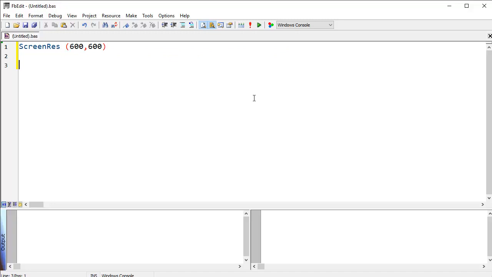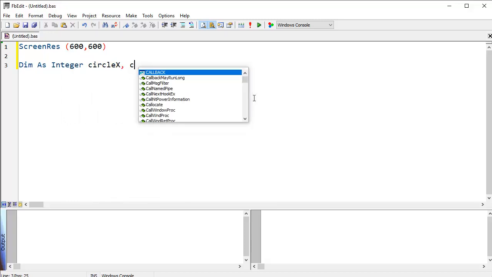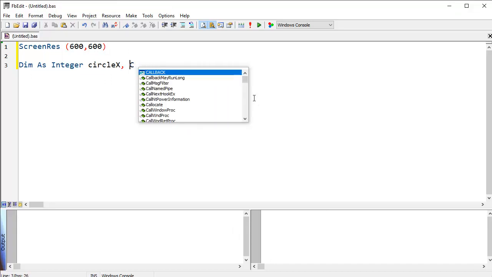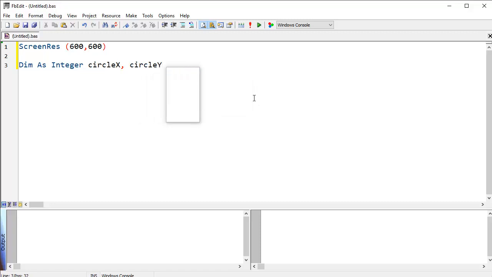We need to declare a variable named circle x and circle y by typing dim as integer circle x and circle y. Press enter. We need to put a value of 300 for circle x and circle y by typing circle x is equal to 300, then circle y is also equal to 300,